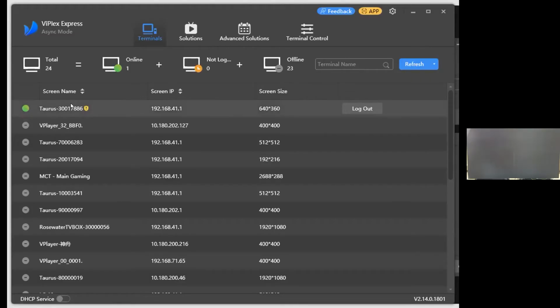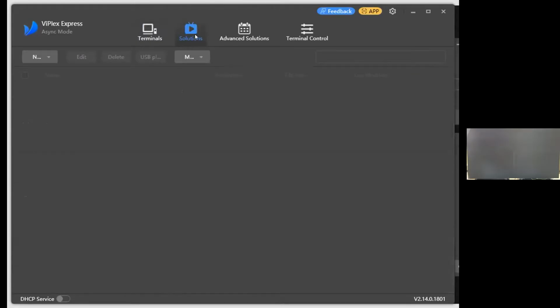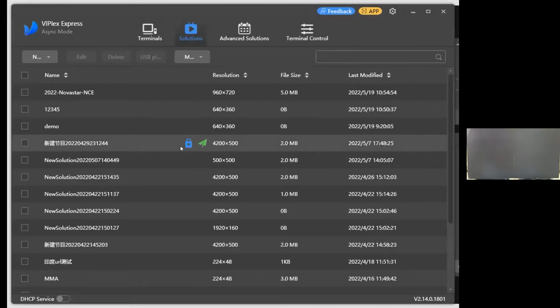And this time you need to make sure that the last four numbers are the same as your device. Do not connect the wrong device. Then we get the solution interface. In the solution interface, we can